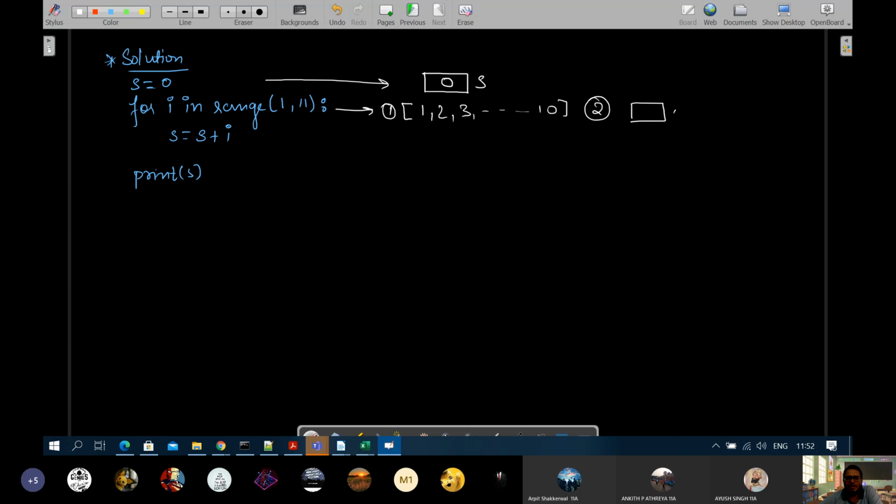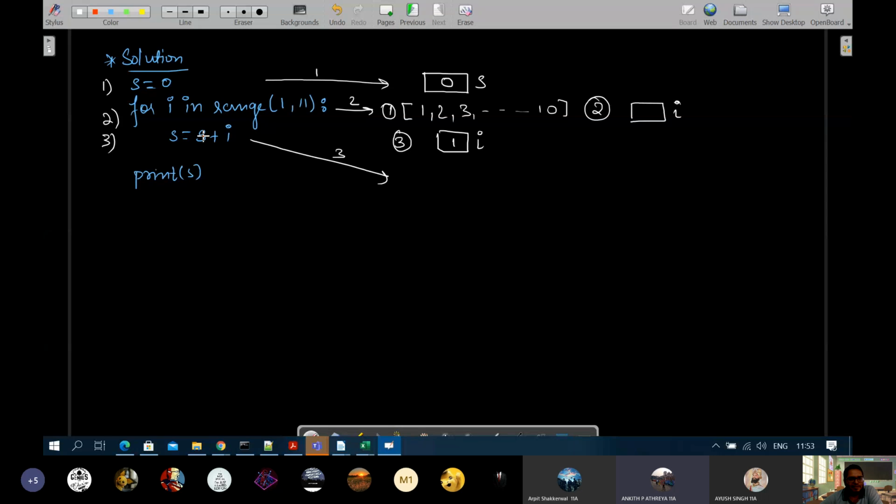Second step will be variable I will be created. Third step will be, this is all happening in line number 2 only. This is line 1, this is line 2. So this is line 2 ka execution. Okay, and third step will be one value will be assigned from the list, first value in I, that is 1. Okay, इसमें क्या होगा? Line number 3 में what will happen is, always right side of the assignment operator is solved first, and then whatever comes is assigned to the left side. So it will be 0 plus 1 and 1.